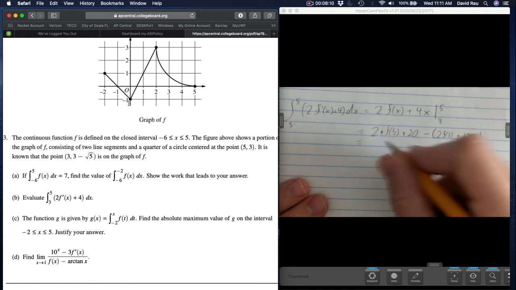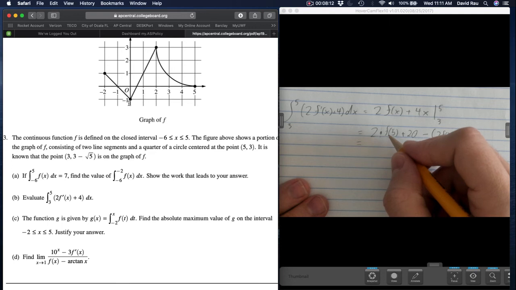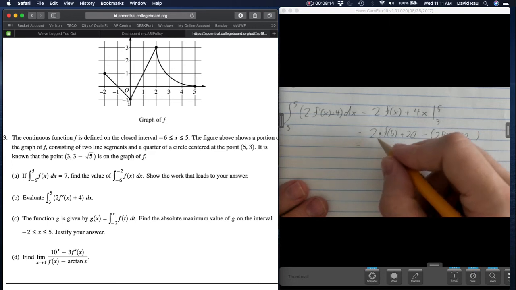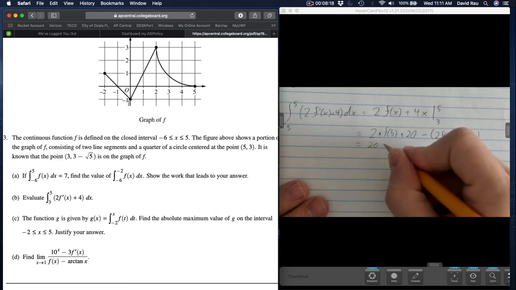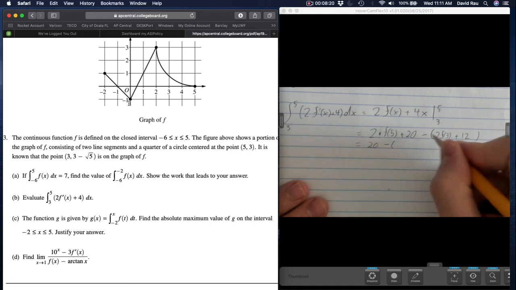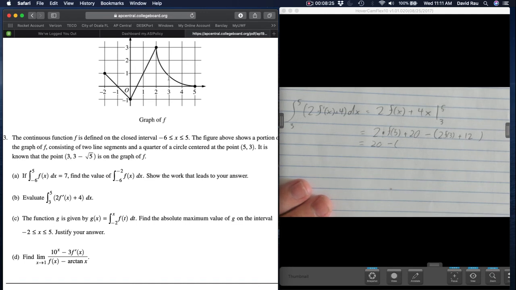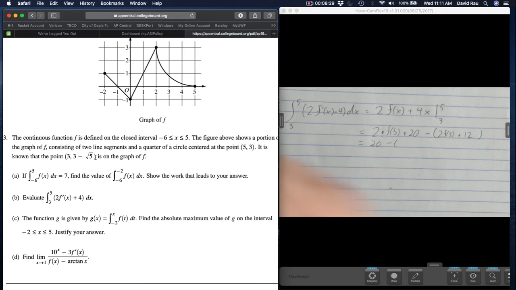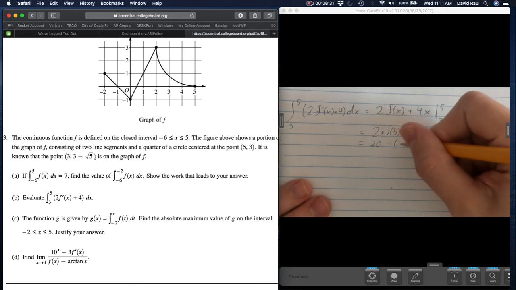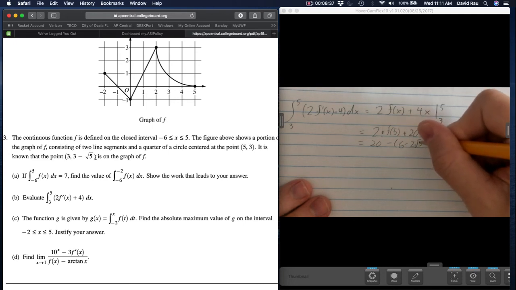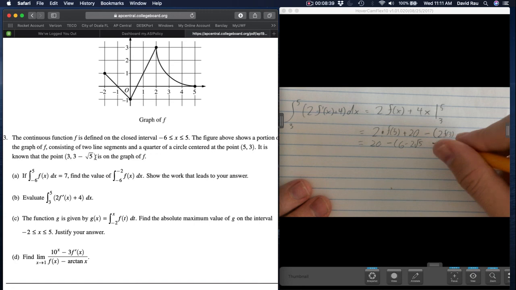Alright, so from there, what is f of 5? Well, if you look at the graph, f of 5 is 0, so far this is just 20, because this is 0 plus 20, minus 2 times f of 3. What's f of 3? Oh no, f of 3 isn't directly on the graph, but wait, that's what this piece of information was all about. So it's 2 times 3 minus root 5, so another way we could write that is 6 minus 2 root 5, and then we still have that